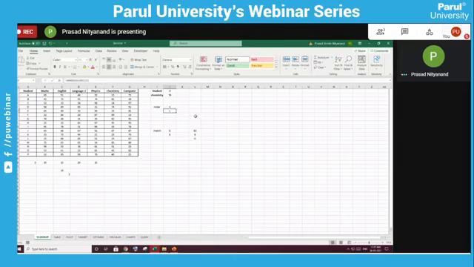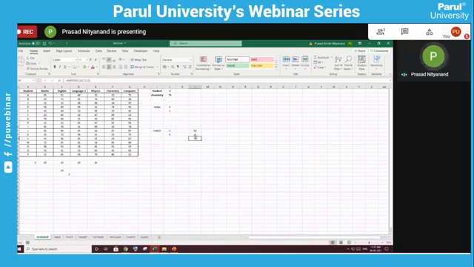Will be C. So C is at the 4th location. Similarly, if I change anything here, suppose I want the match of B, it will be 3. If I want the match of C, it will be 4. So we can see both are inverse of each other.